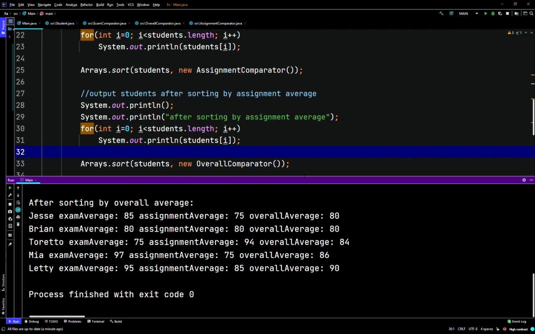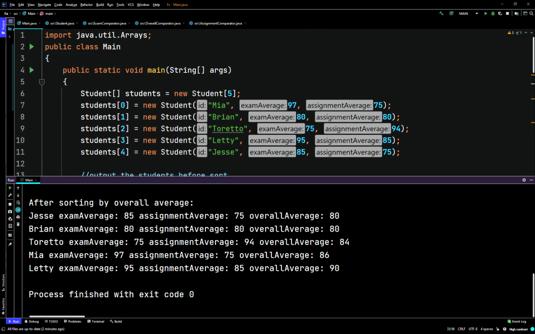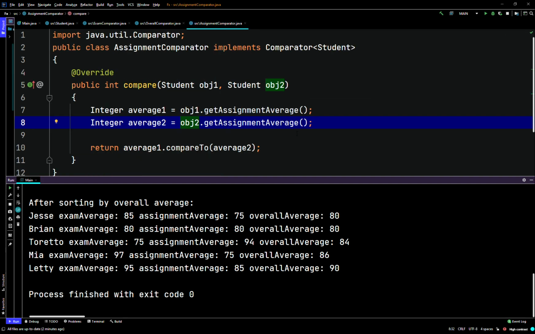So that's about it. Again, it is all behind the scenes, but we can see what it's doing here. It's just sorting by whatever comparator we want. If we sort by overall comparator, then it's going to sort by overall average. So it's going to take the student objects, Mia, Brian, Toretto, Letty, Jesse, and put the smallest one first, then the next smallest one second, then the next smallest one third, in ascending order. That's all it's going to do. Put the values in ascending order